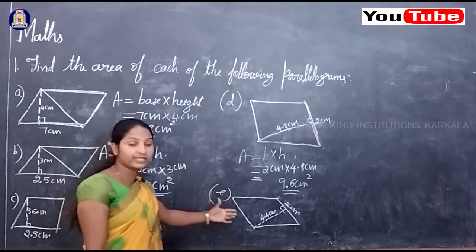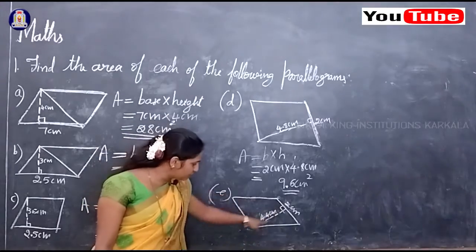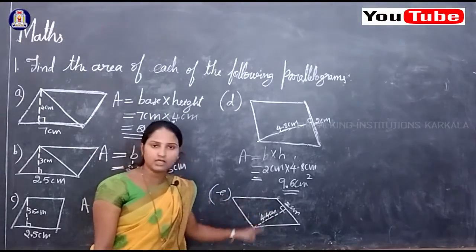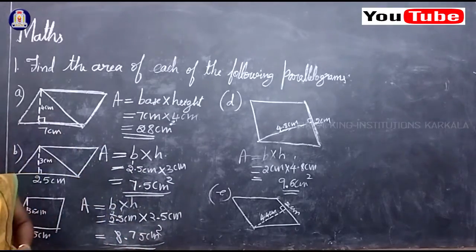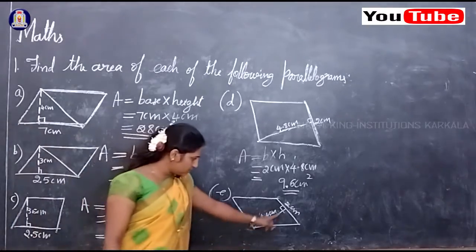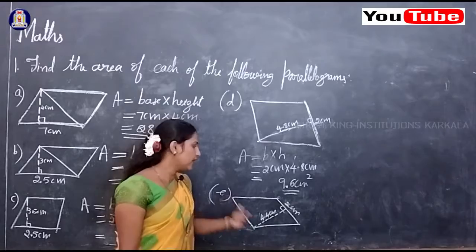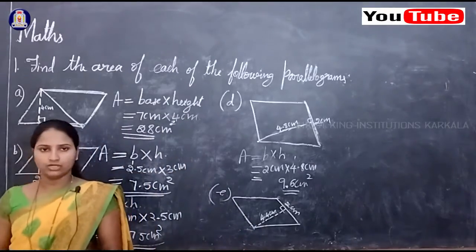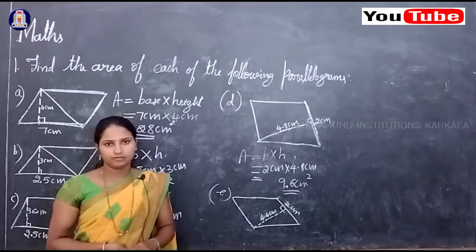Now E, the last figure, is also the same type. You can take it as homework. I'm not going to solve the last one. Same, height is here 4.4 and base is 2 centimeter. So write the formula and substitute the values. B is 2 centimeter, height is 4.4. This is the height. Okay, the perpendicular line is given, so that is the height of the given parallelogram. Clear? If you multiply, you will get the area of the parallelogram.